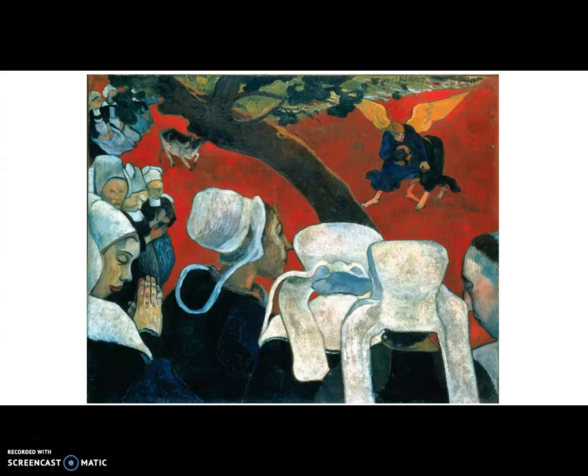So Brittany is far off in the west, northwest of France. It's on the edge of the Atlantic Ocean, and is really not, at least in the artist's mind, anywhere near as sophisticated or quote unquote civilized as Paris, the Paris that Paul Gauguin came from before he decided to become an artist and get away essentially from, as I mentioned, civilization. So what's fascinating about this is that the women are all in a very peculiar position in 1888, and that is to say, so overcome with religious piety and feeling. They've just heard a Sunday sermon